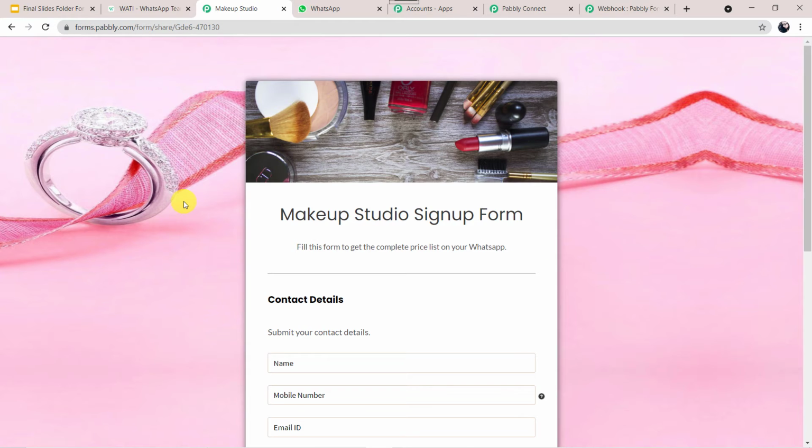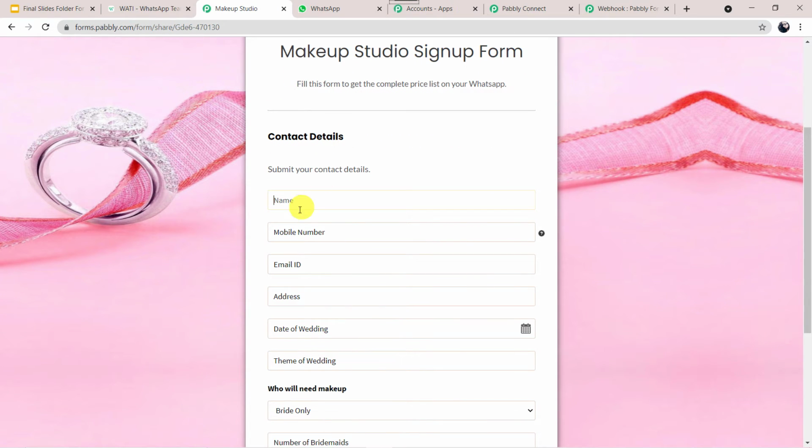So let us fill this Pabbly form here. So this time I am giving the name as Shweta Tiwari. Let's give the mobile number as 7999724918. Email ID as tiwarish11@gmail.com.